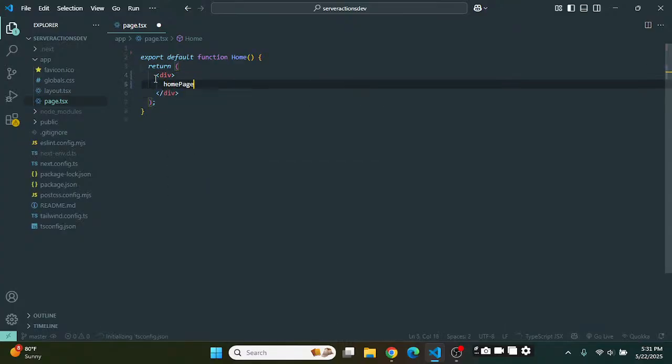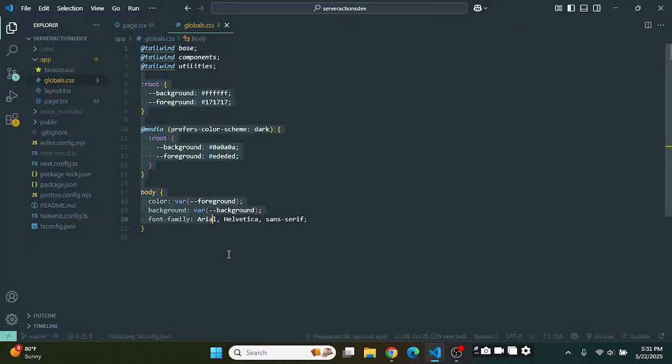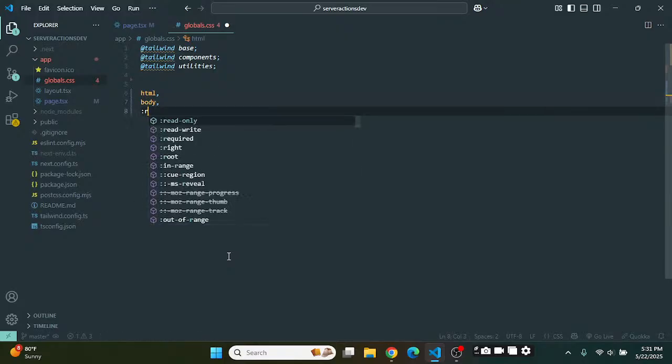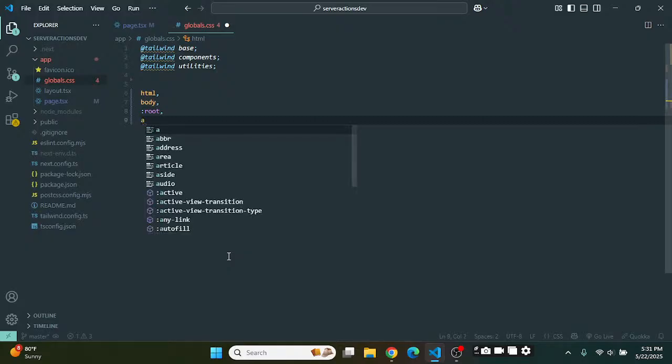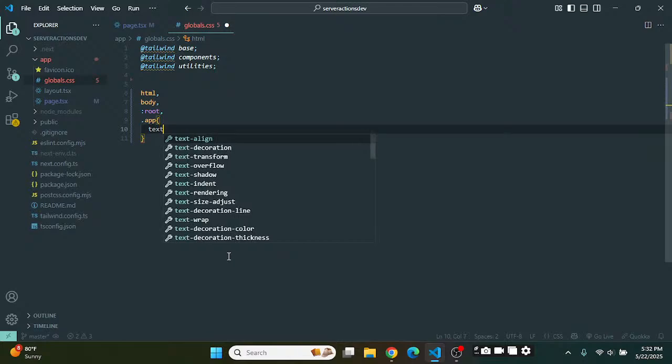For right now, we'll go home page. Inside of this directory, we'll go HTML, body, I think it is root.app, text,